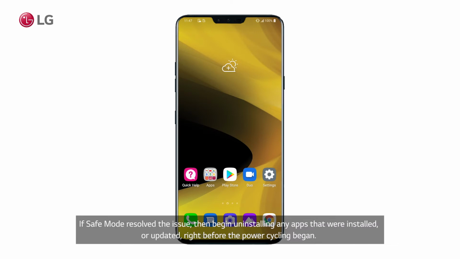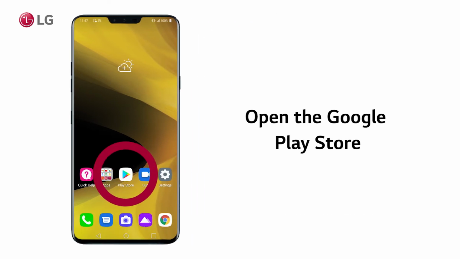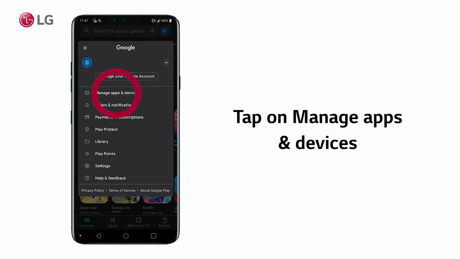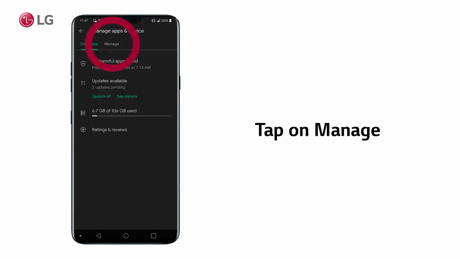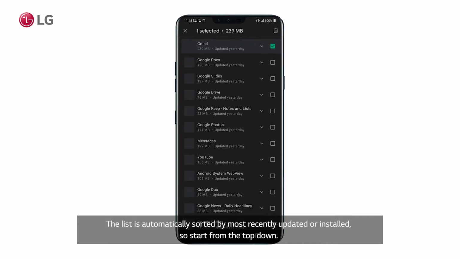If safe mode resolved the issue, then begin uninstalling any apps that were installed or updated right before the power cycling began. To check for recently updated or installed apps, open the Google Play Store. Then tap on the profile picture at the top right. Tap on Manage Apps and Devices. Then tap on Manage. The list is automatically sorted by most recently updated or installed, so start from the top